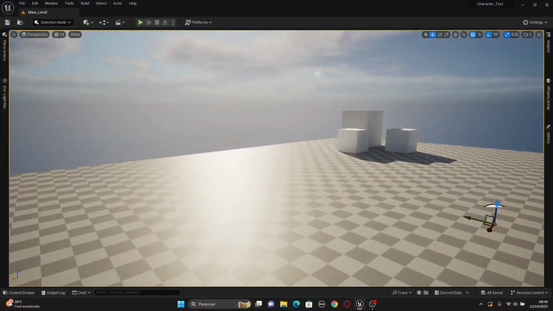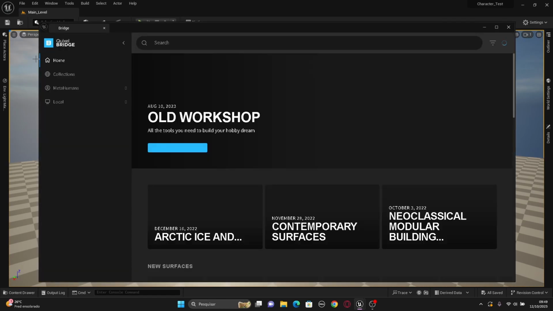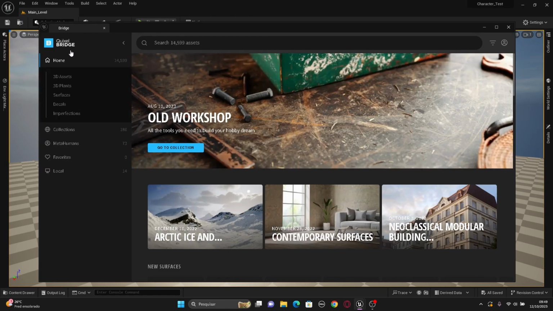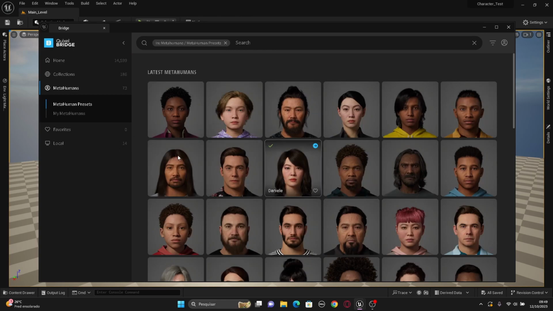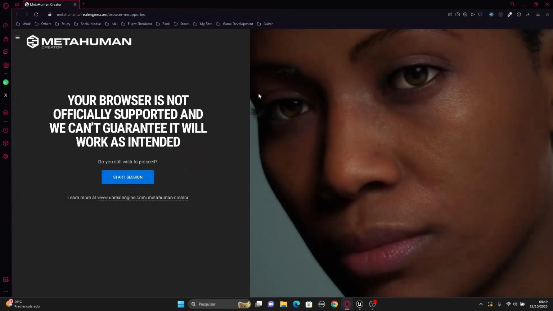Okay, to create a metahuman, you just need to go to Add, Quixel Bridge, and you must be logged in to Quixel Bridge. Go to Metahumans and just choose any preset here. This will give you the Start Metahuman Creator button. Just click that and the page will open. Here just hit Start Session,